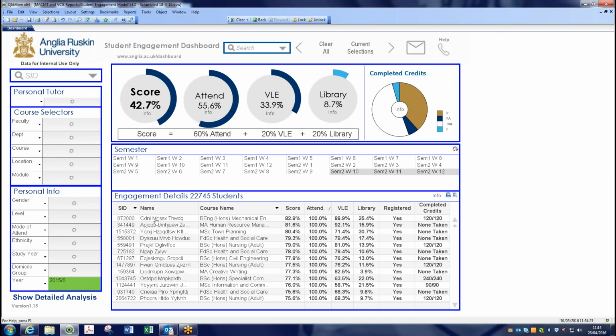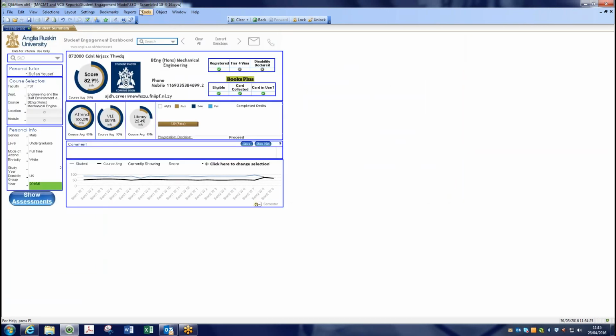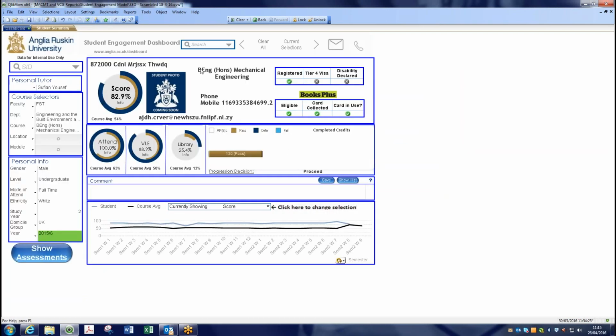If I click on an individual student, what you'll see is the additional tab will appear up this top corner. So if I click on this particular student here, then you'll see that there's a new dial here. It's immediately filtered this first screen, told us that this student has 100% attendance, 88.9% for the VLE and 25.4% for library access. And if I click on the individual student,